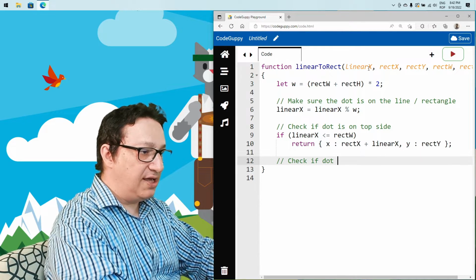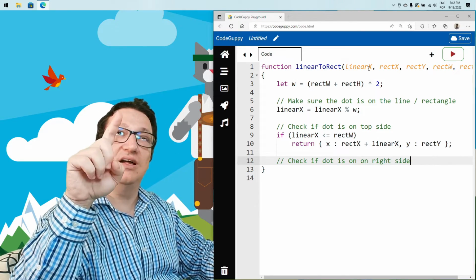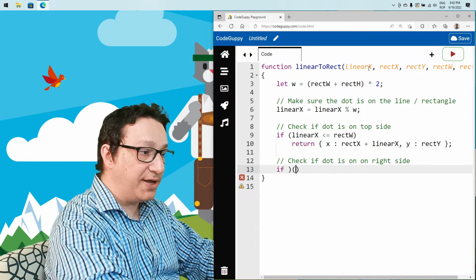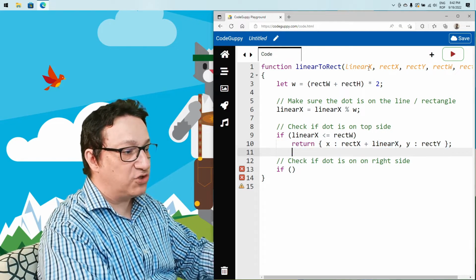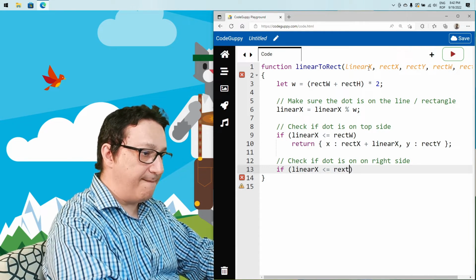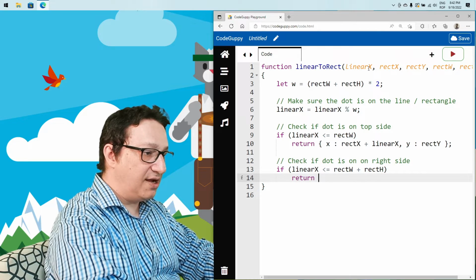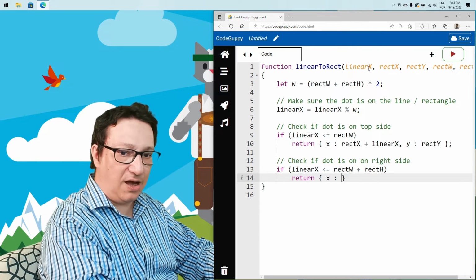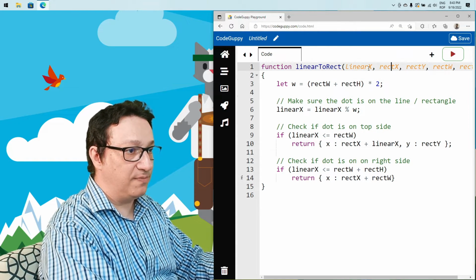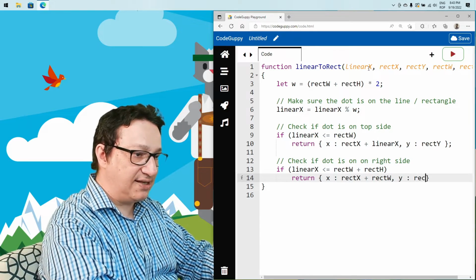Check if dot is on the right side. In this case, the dot is going from left to right, so basically a clockwise type movement. Since we are returning here, for sure we can check directly if linear x is less or equal than this one, exactly as above, plus the height. And then in this case, return x is the rectangle x plus the rectangle w, this coordinate here is on the other side of the rectangle, and then y, it's exactly at rectangle y, and